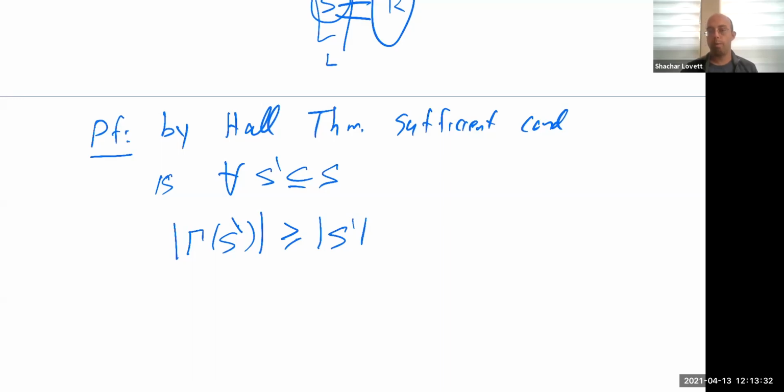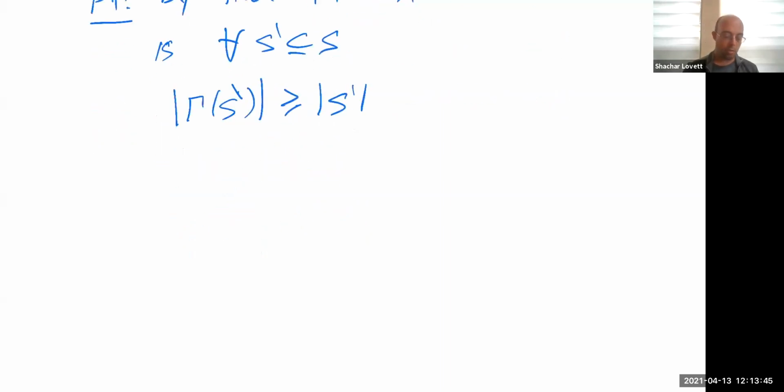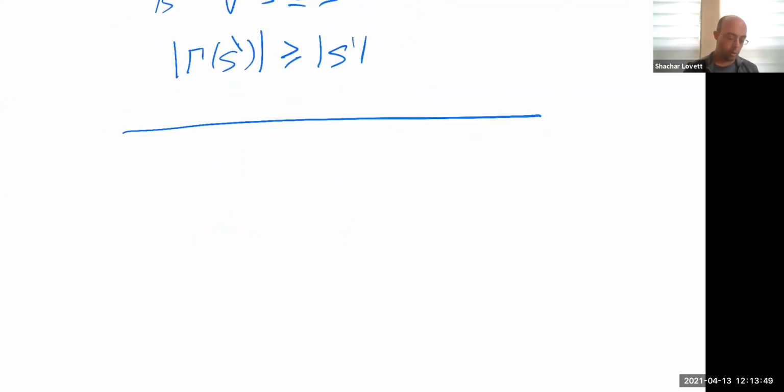So again, all I'm saying here is that this is exactly the same condition as in Hall's theorem. I'm not going to prove Hall's theorem here. You can check it online if you want. So this is one ingredient. The last ingredient that I want to show you in the last 7 minutes is, again, this claim